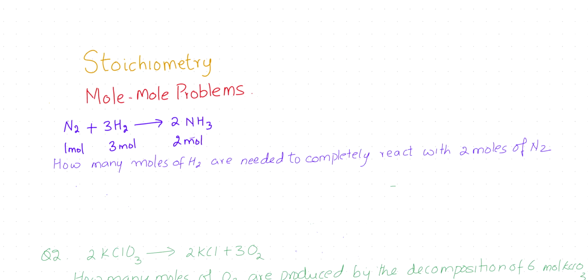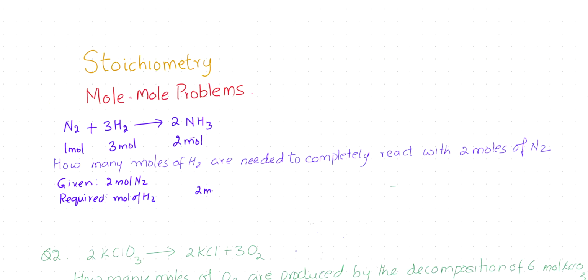Now the question is: how many moles of hydrogen are needed to completely react with 2 moles of nitrogen? So first we write what is given. Given is 2 moles of nitrogen, and required is how many moles of hydrogen. So we have to find moles of hydrogen. Given is 2 moles of nitrogen, so we write 2 moles nitrogen